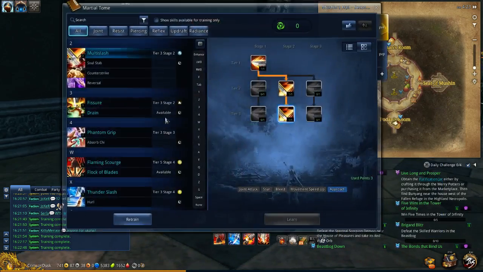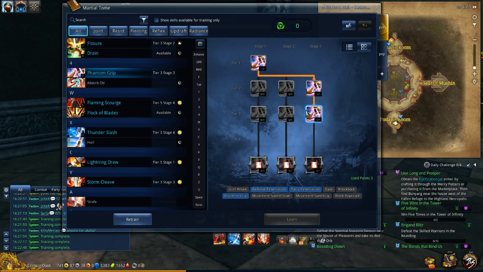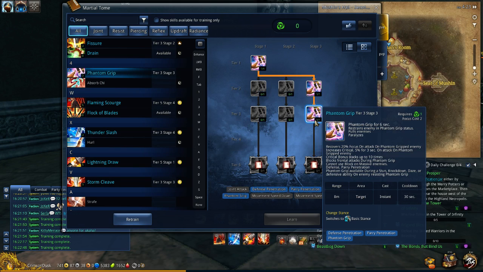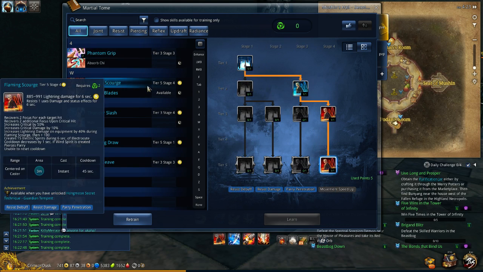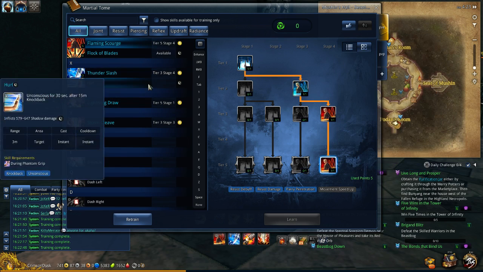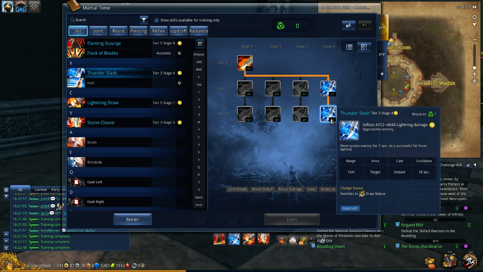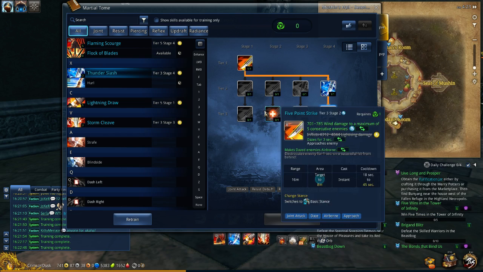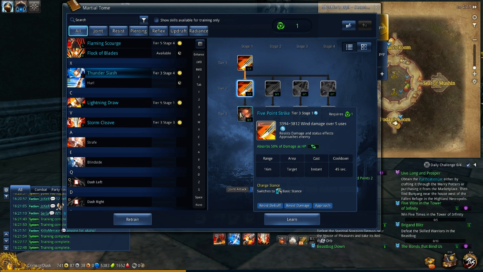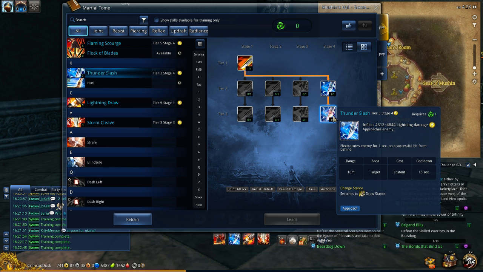So you'll see afterwards how the PVE rotation works, more or less. For your grab, you just use this version so that you have the restraint skill. Flaming Scourge, you can put 5 points if you have the HM skill to boost your damage very well. For Thunder Slash, you could use this version, however you will lose quite a bit of DPS, so it's better